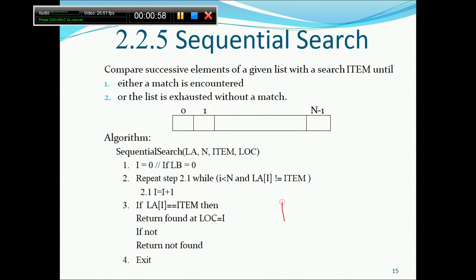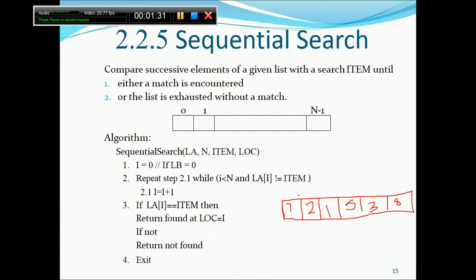So let me take an array first. Suppose 7, 2, 1, 5, 3 and 8.